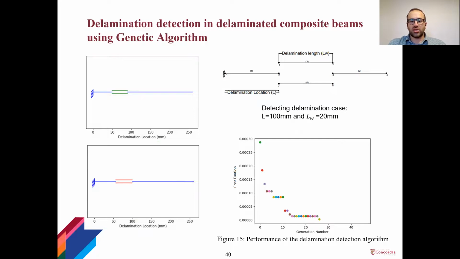The animation playing at the bottom left of the screen shows the evolutionary performance of the genetic algorithm. So let's watch it again. Okay, it starts from a far away location, and it jumps to the close one. That's probably something that mutation does, and it finds it. Figure 15 at the bottom right shows the value of the cost function for the best candidate in each generation. So after 28 generations, the genetic algorithm was able to find the exact location and length